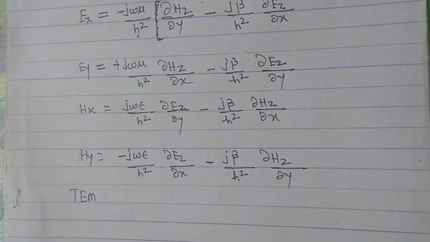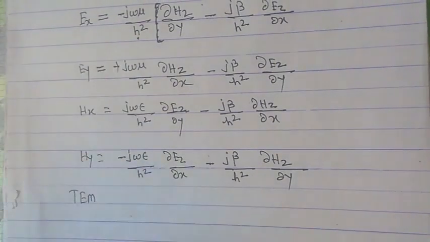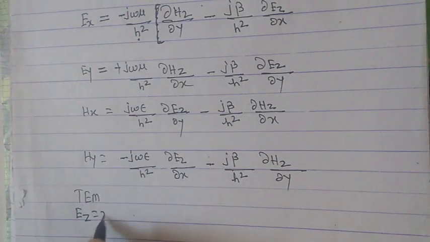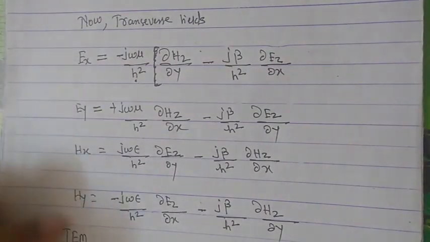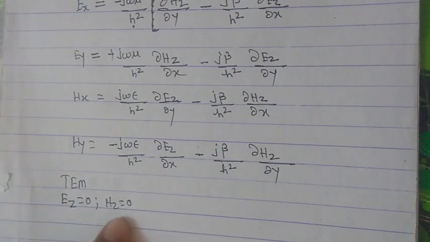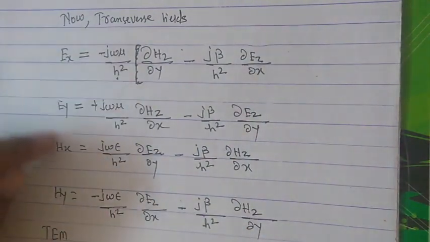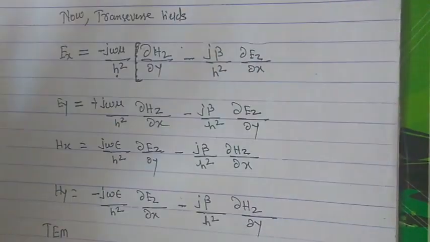There may be a question: prove that a rectangular waveguide does not support a TEM mode of propagation. This is the answer: you have to derive and come to Ex, Ey, Hx, Hy. Because in the last lecture we defined TEM to mean Ez is 0 and Hz is 0. Look at this with keen interest. If you have these four field components and Ez equals 0 and Hz equals 0, if you put Ez and Hz as 0 in all these equations, all four equations will vanish to 0. Ex, Ey, Hx, Hy are 0, everything will be 0.